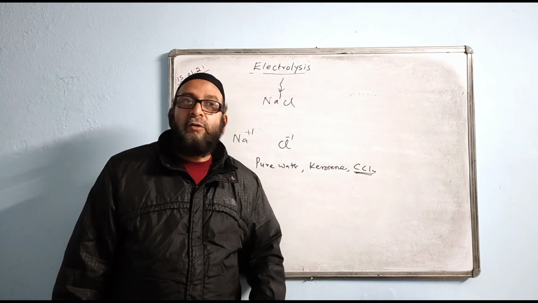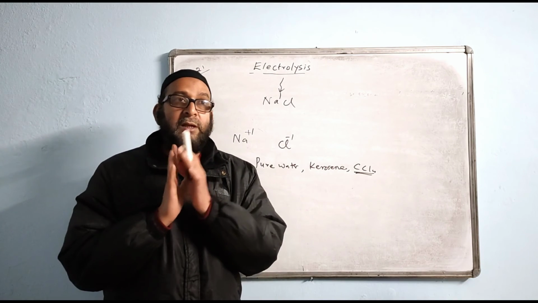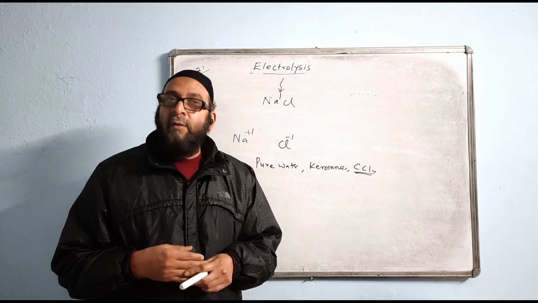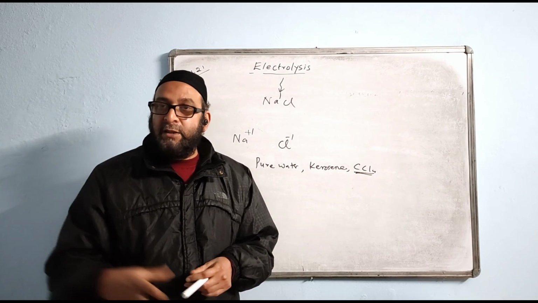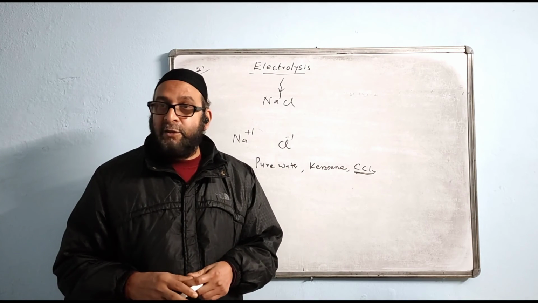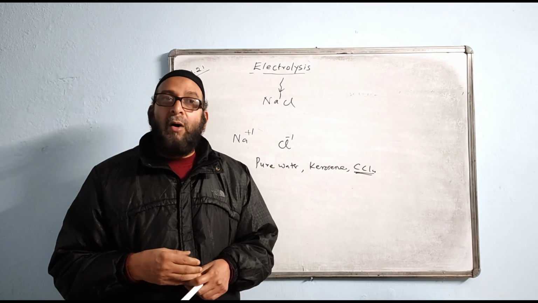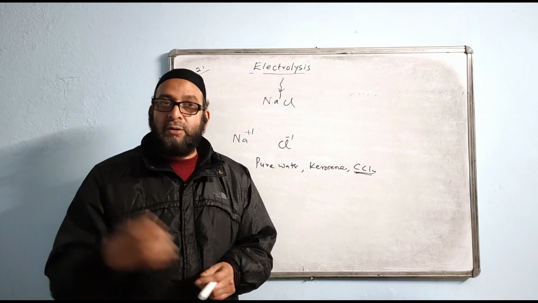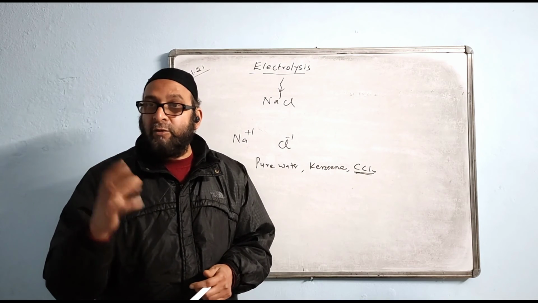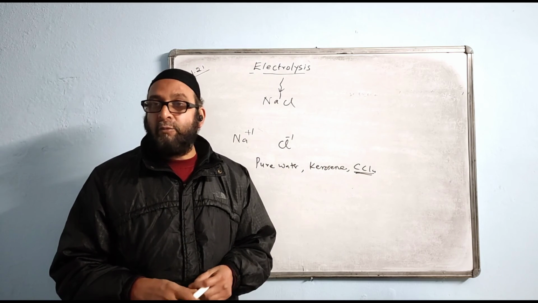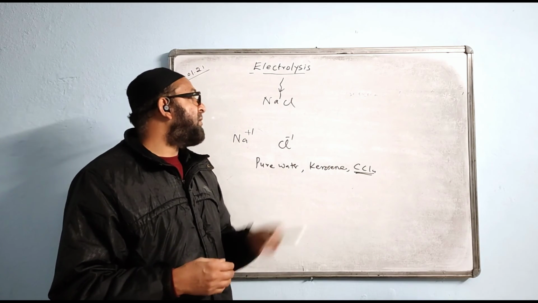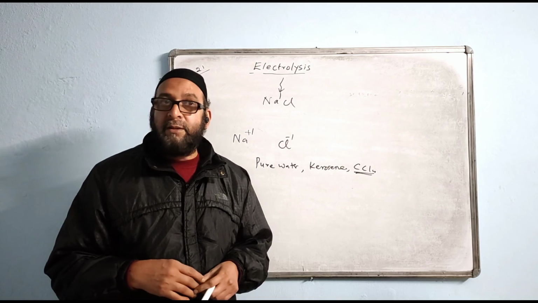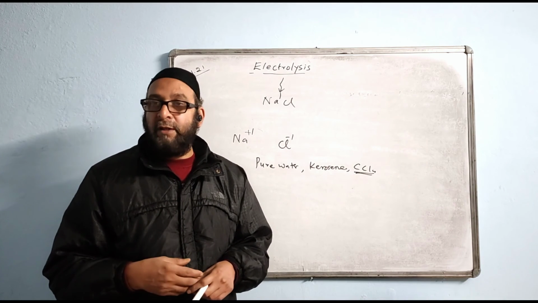Then after that comes strong electrolyte. What are strong electrolytes? We say the substance which is a good conductor of electricity in aqueous or molten state is called a strong electrolyte. What are the examples of strong electrolyte? All strong acids, all strong bases or strong alkalis, and all strong salts, like the salts of active metals, such as sodium salts, potassium salts, ammonium salts. They all will be strong electrolytes. They will be very good conductors of electricity in the aqueous or molten state. So what is an example of a strong electrolyte? NaCl. And whatever you will study in your syllabus, all of them are strong electrolytes.